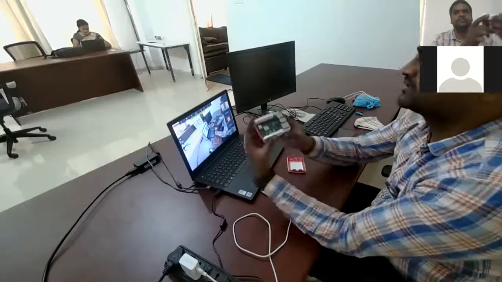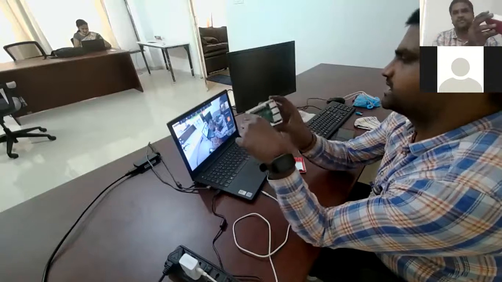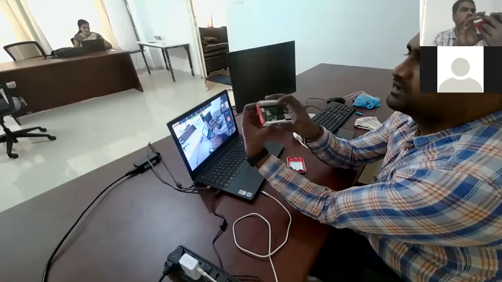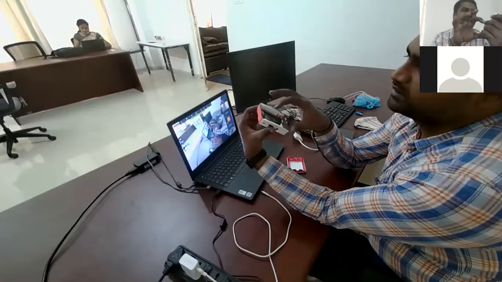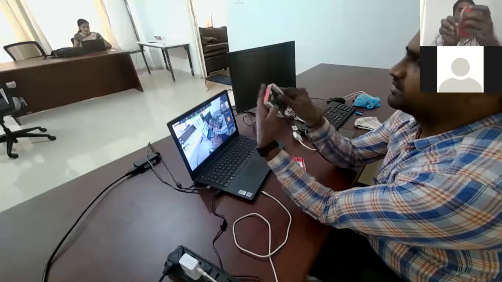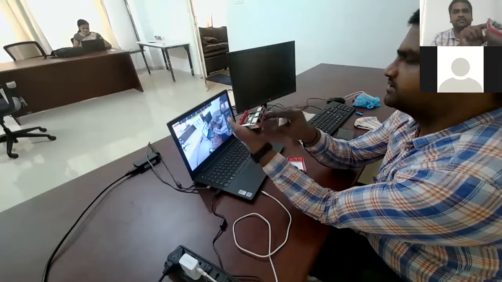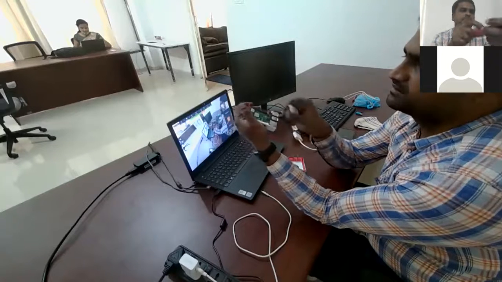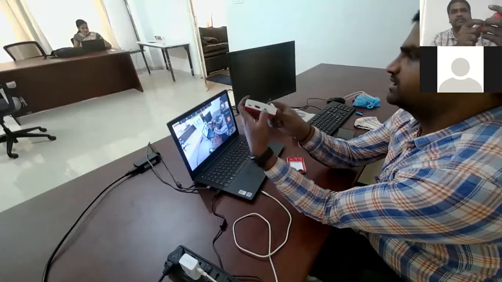Yeah. Is this visible? Yeah. So this is the Raspberry Pi. It consists of a processor, this is the Wi-Fi and Bluetooth modem, and these are the GPIO pins. These are the GPIO pins, and these are the USB, 4 USBs and LAN connection, the Ethernet connector, and we have the power connector and HDMI and audio video.